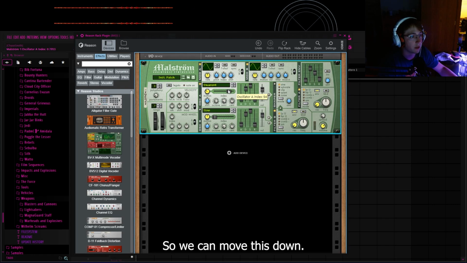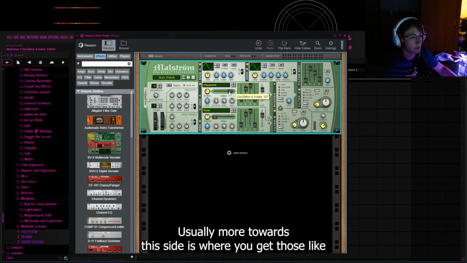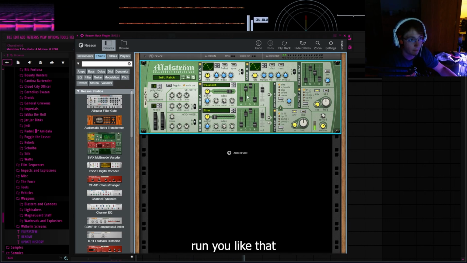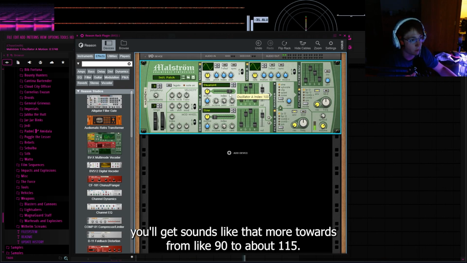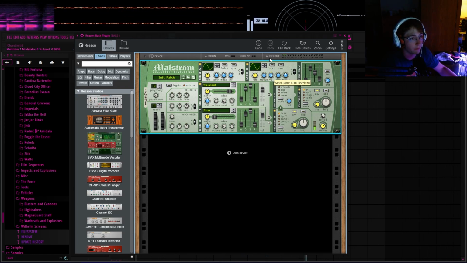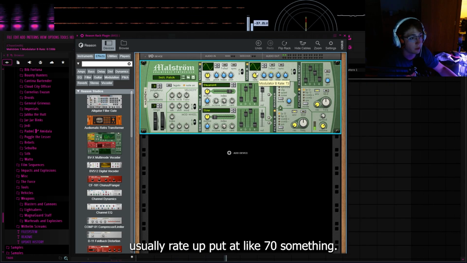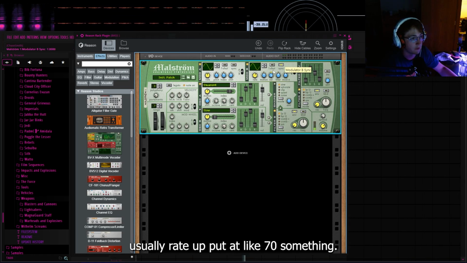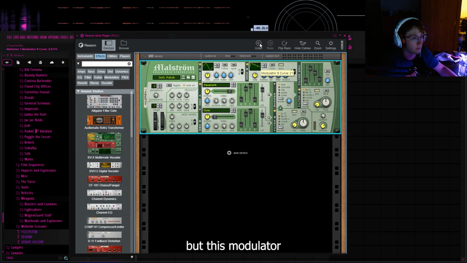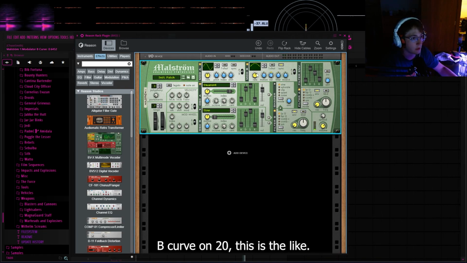so we can move this down. Usually more towards this side is where you get those like that. You'll get sounds like that more from like 90 to about 115 usually. Take volume all the way up. Usually rate I'll put at like 70 something. Put this modulator B curve on 20. This is the like